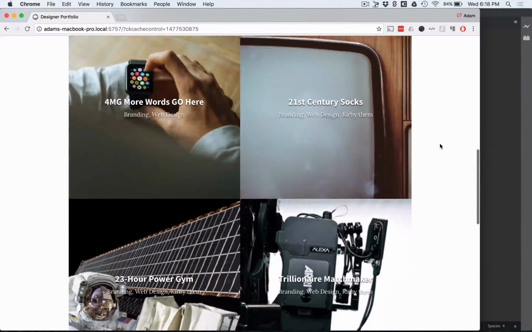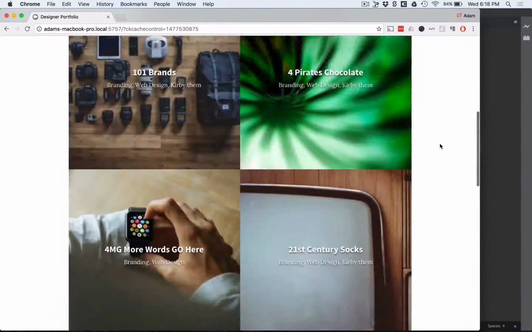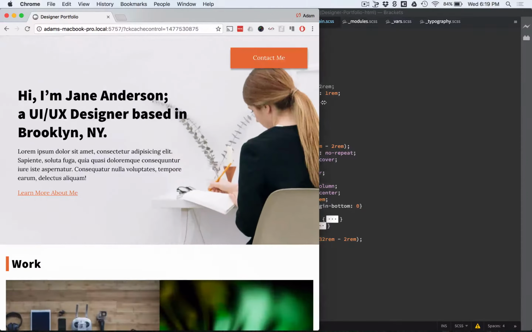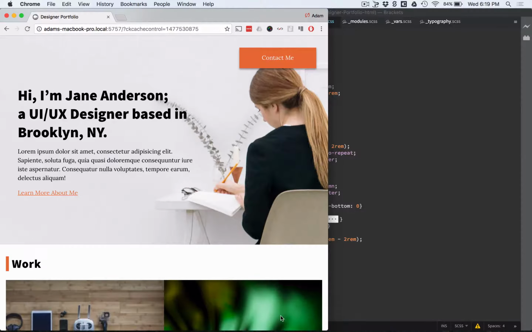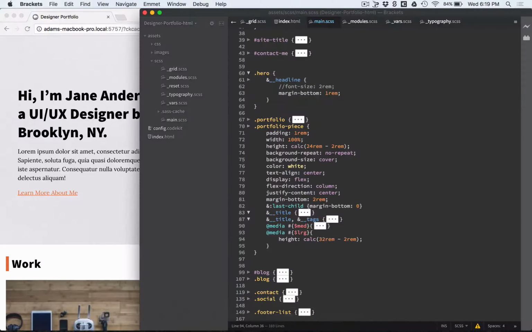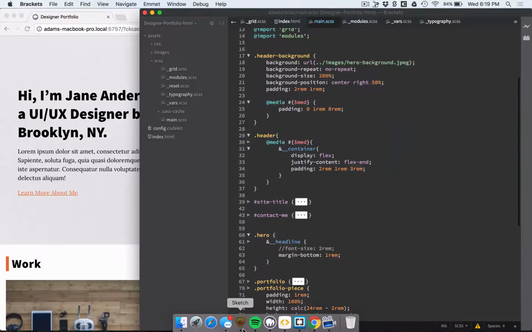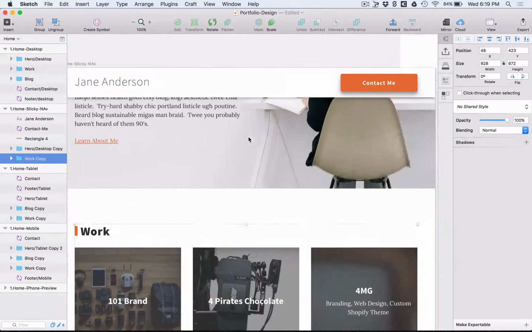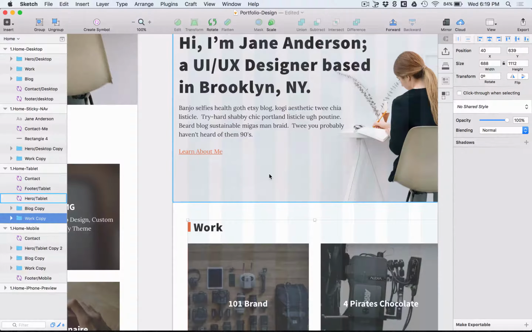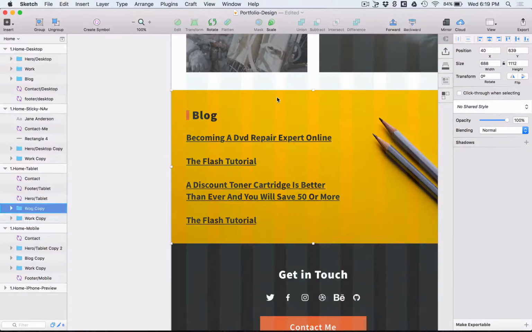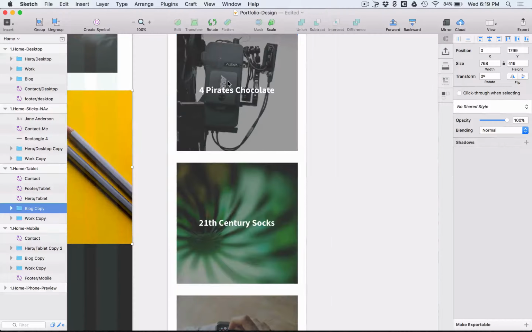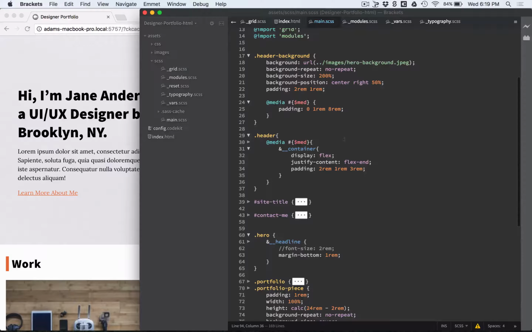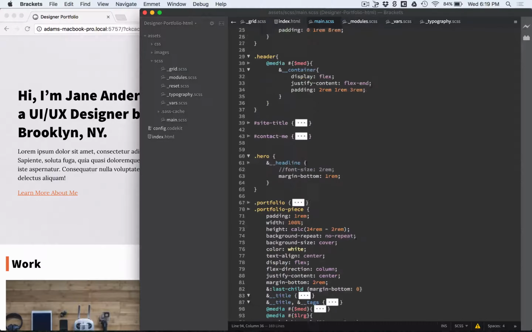Perfect. Cool. And of course, actually I forgot to do one more thing is on tablet size, I believe you have an added line height of 3 rems, as opposed to 2. So we have